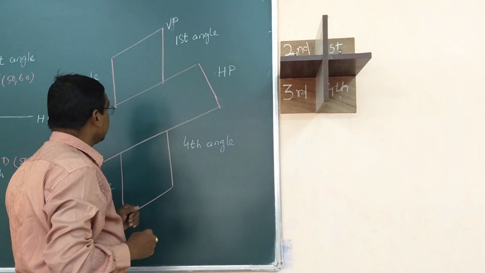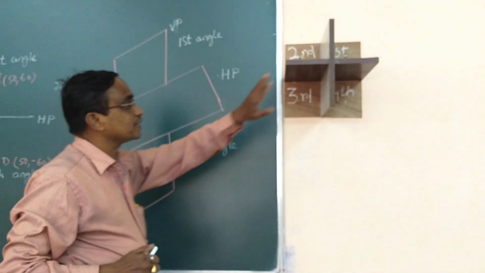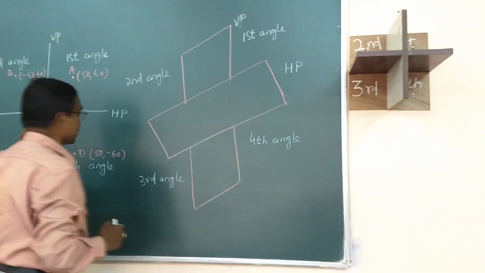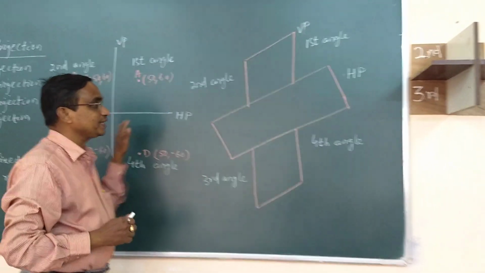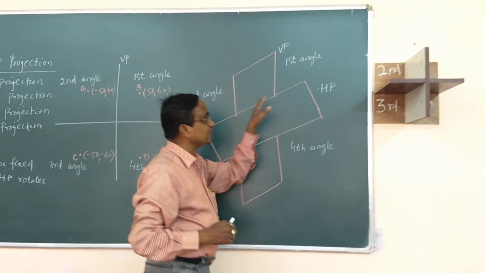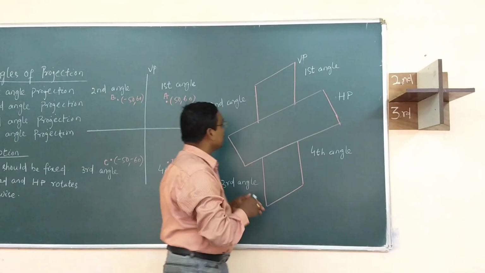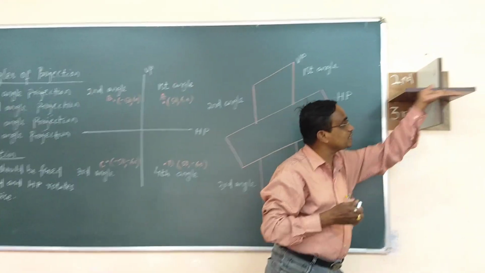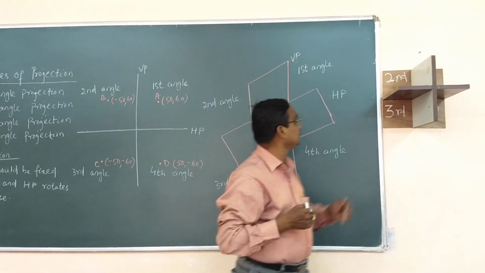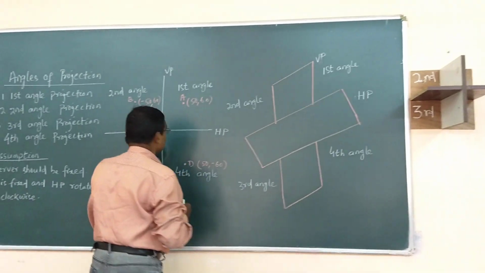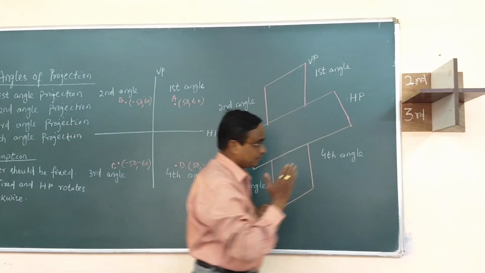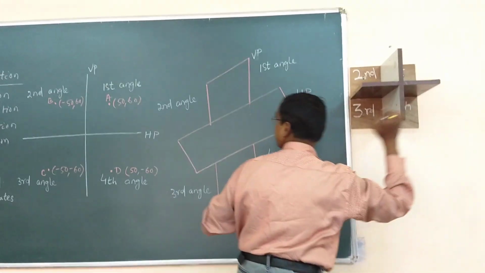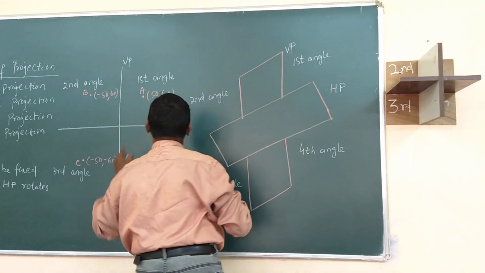In this way, just to mark, this is the real model, this is 3D drawing, and this is 2D drawing. Just to compare the three things, this is the same thing like this, where a horizontal plane is inserted in the vertical plane. And this is the 2D, means when I observe, I mark this vertical line and this horizontal line.